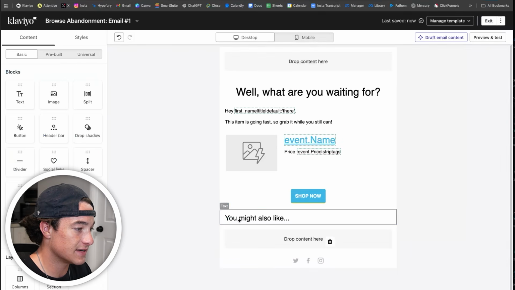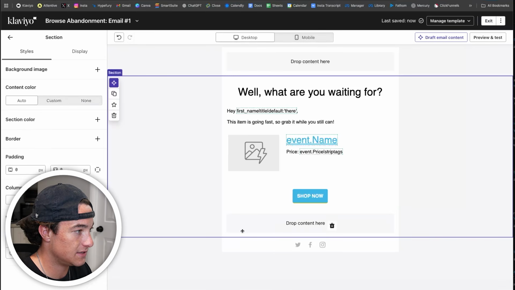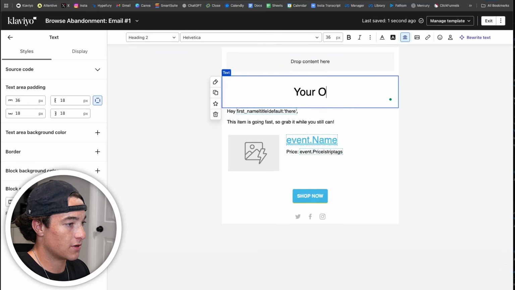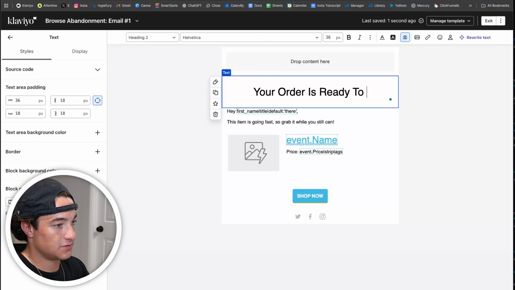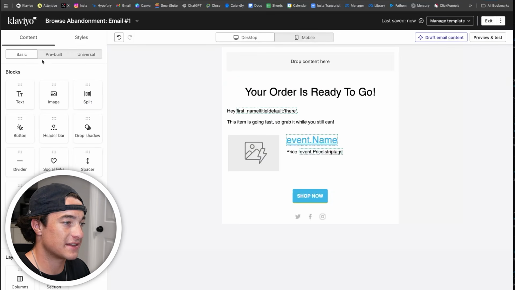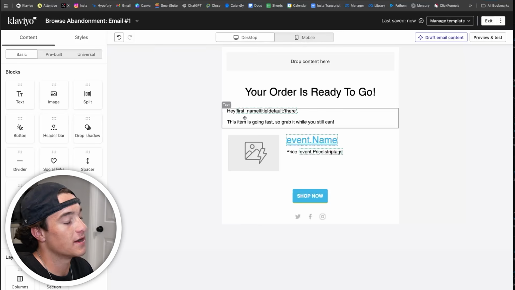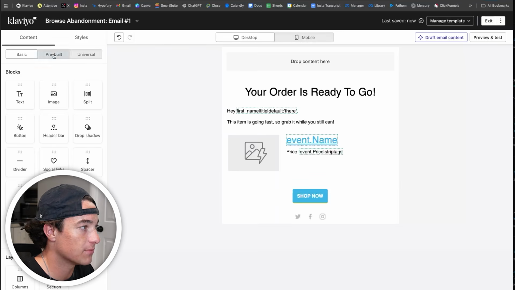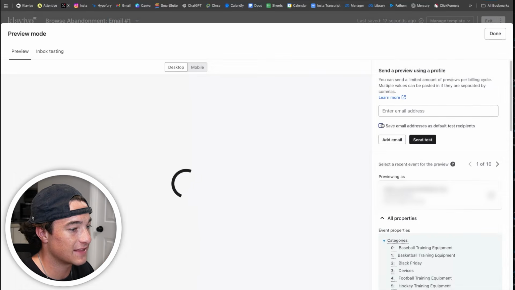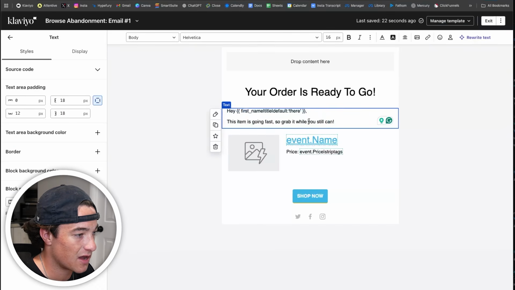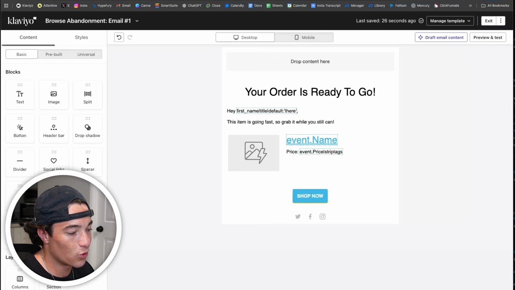For now, I can delete this and do this right here. Right now, we can change this to something like your order is ready to go. And something like this typically converts better for me. It's a little bit more aggressive because it makes it seem like for the customer, all they have to do is say yes, and we will send them their order. So usually something like that can work pretty well. And honestly, if you're super short on time, something like this is going to convert because it's showing somebody exactly what they left behind. You can adjust the copy to be whatever you want it to be, and you can roll with this,